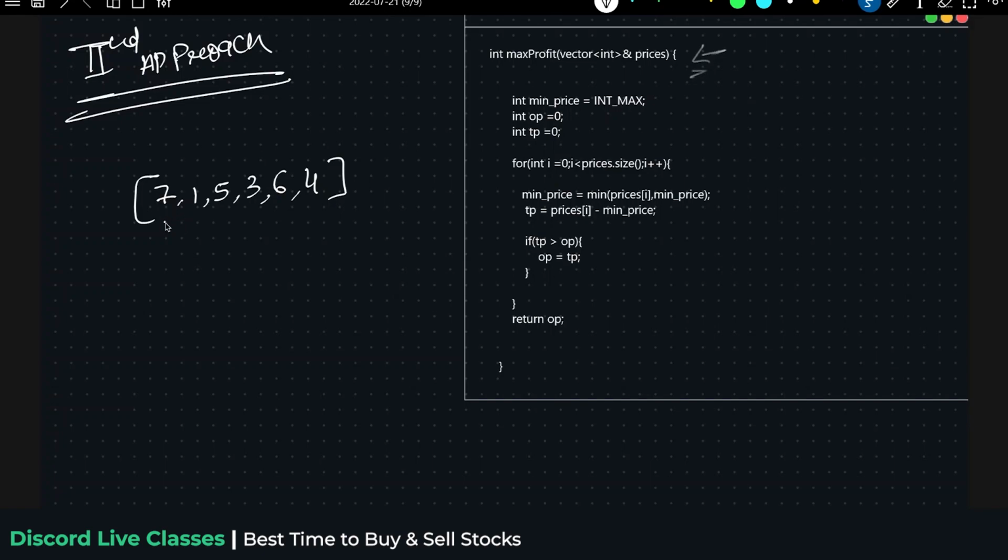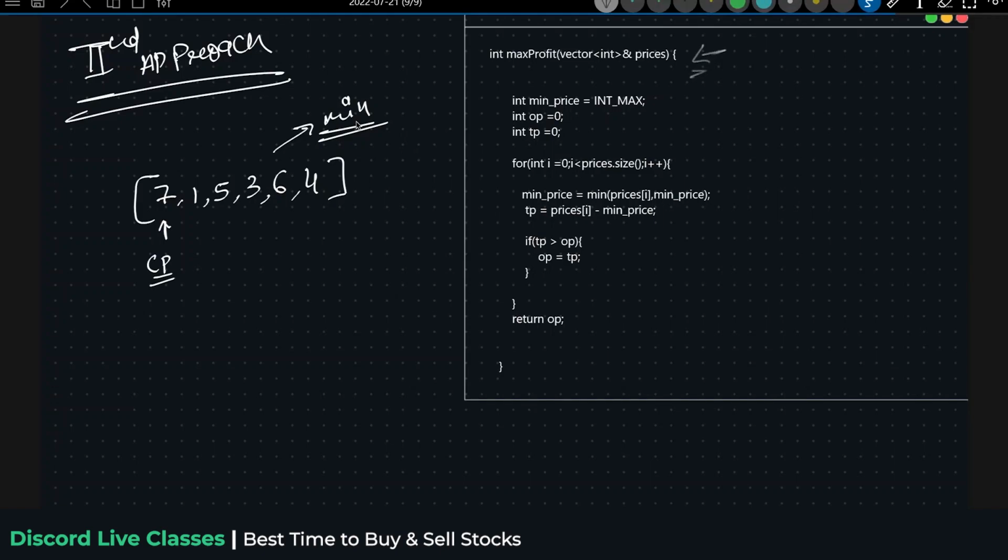I will just consider each day as a cost price, or you can say that in one iteration I will be choosing each day as the buy day. Suppose I bought this particular stock on that day. First of all, rather than finding the buy day, I will find the minimum out of this stock. Because at the end, listen very carefully, you have to buy the stock on the day when the price of that particular stock is very low. That is nothing but the minimum number out of this stock.